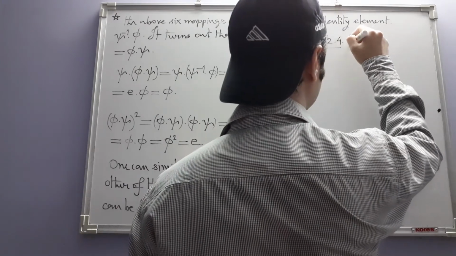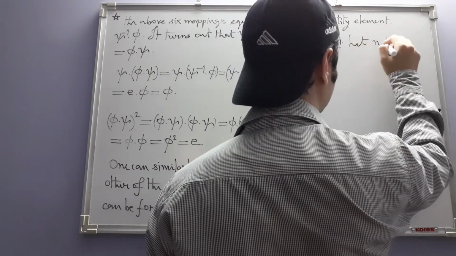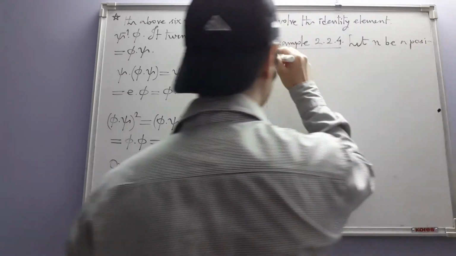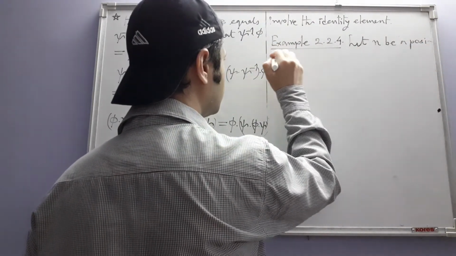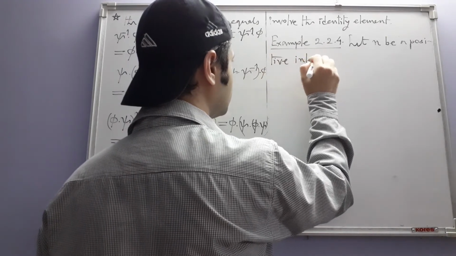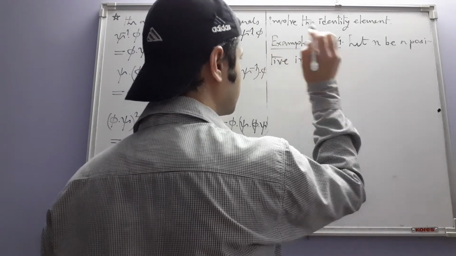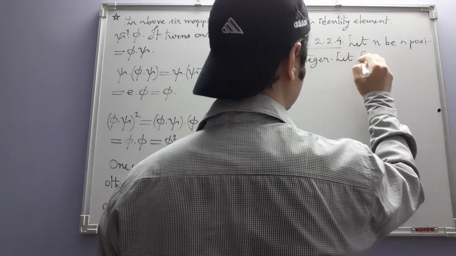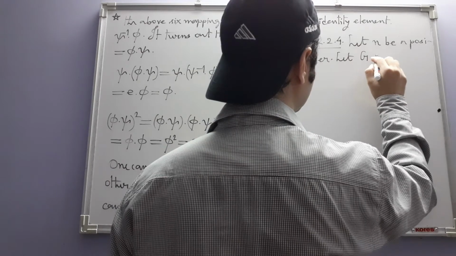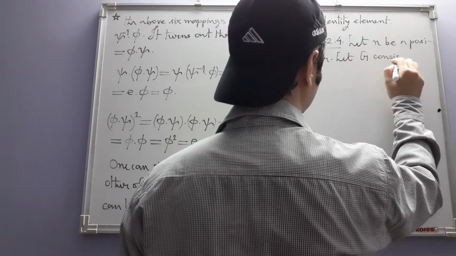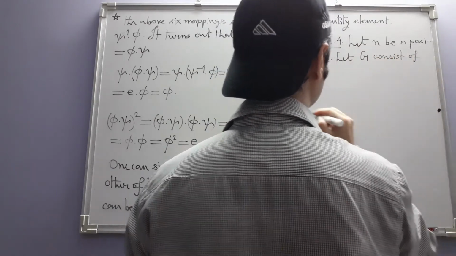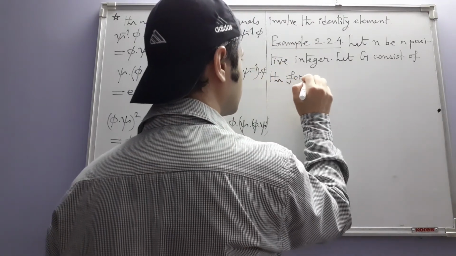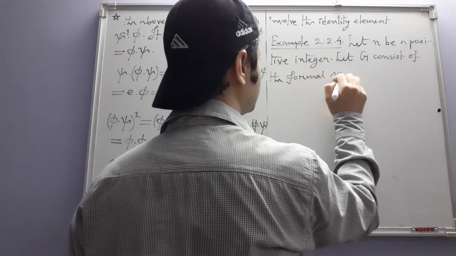Let n be a positive integer. Let G consist of the formal symbols